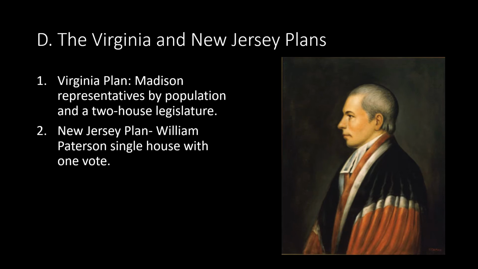Under the New Jersey plan, William Paterson, the man you see in the painting there, proposed 9 resolutions that would retain the Confederation. Small states responded with the New Jersey plan that kept the one state, one vote rule of the Articles, but expanded the powers of Congress and the national government. Proposals of the New Jersey delegation at the 1787 Constitutional Convention called for a strengthened national government in which all states would have equal representation in a unicameral legislature. Give Congress the power to tax and regulate foreign and interstate commerce. Congressional appointment of a plural executive with no veto power, and a Supreme Court.